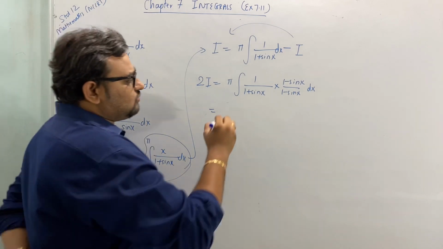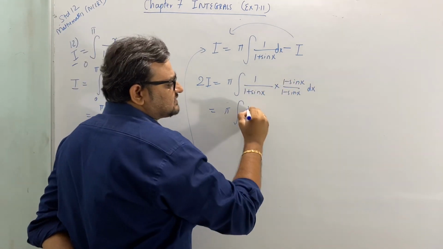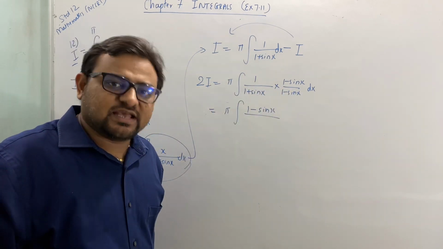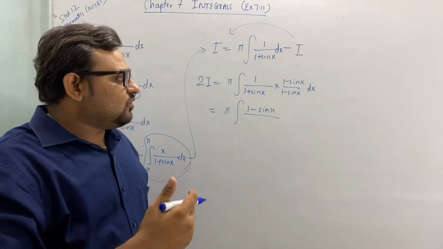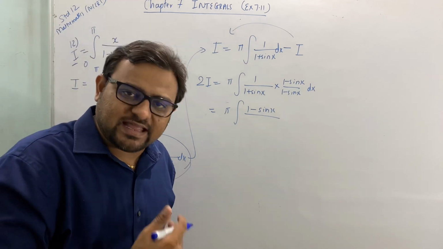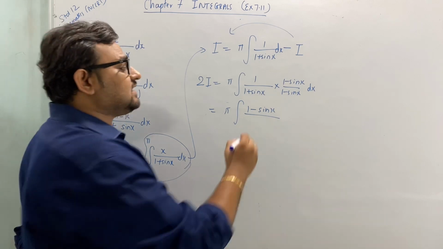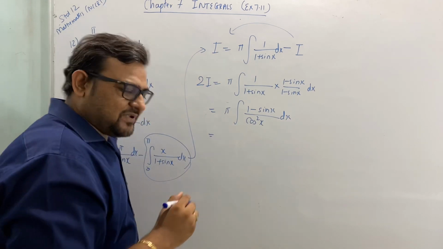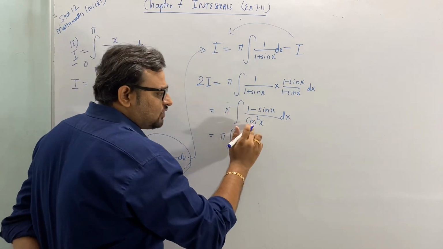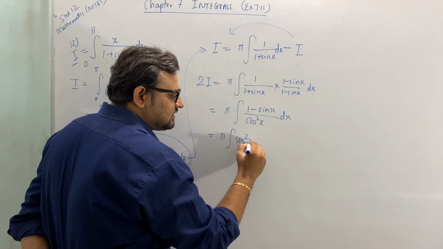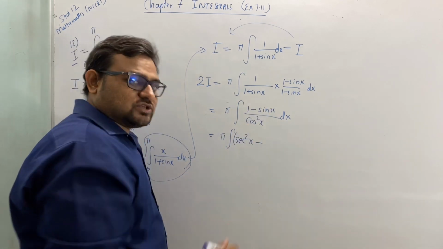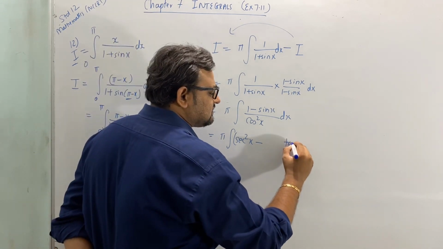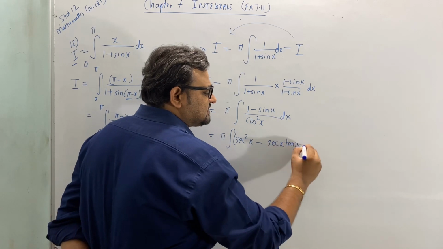Now this will be equal to 1 minus sin x in the numerator, and 1 plus sin x times 1 minus sin x in the denominator, which is a square minus b square, 1 minus sin square x. So what is 1 minus sin square x? Cos square x. Now let's separate it: 1 upon cos square x, sec square x, minus sin x upon cos square x. So there are two cos in the denominator, so sine by cos is tan x and 1 by cos is sec x.